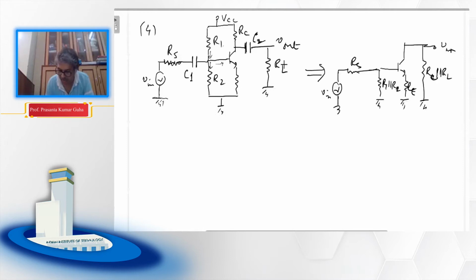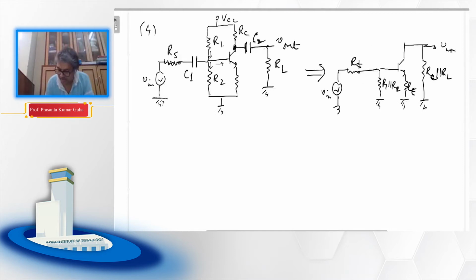So if RC is grounded and RL also grounded, and both this collector point here and the point here are effectively the same point, because the capacitor is chosen in such a fashion that the capacitor is a short for the AC signal. So effectively RC and RL are parallel. Okay, so here at the input side R1 R2 is parallel, and here RC and RL is parallel, and RS